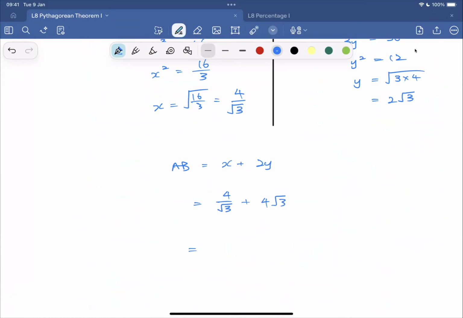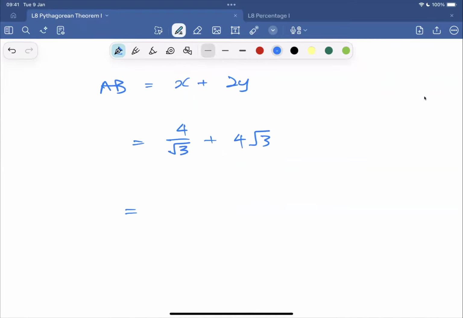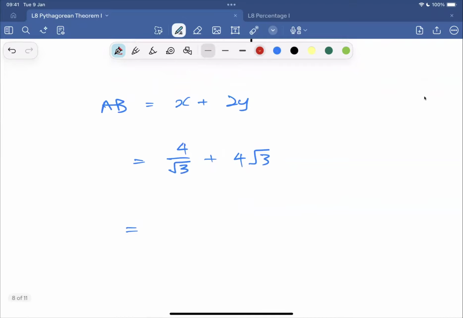Okay, so students, how do I simplify this though? Does anyone know? What should I do? Zheyu. I think Zheyu said correct. Very good. So what Zheyu said is multiply by root 3. Now, Zheyu, you are a little bit correct. He said multiply by root 3. Actually, you cannot do that. Okay, now let me ask